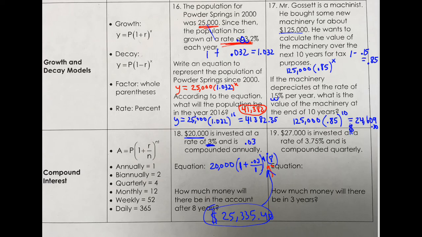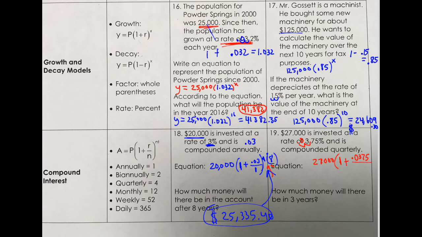And then looking at number 19, geez, do we even need to do that? Yeah, you know what? We've come this far. Might as well. So 27,000 is invested. It's our starting amount. It's telling us that it's invested at a rate of 3.75%. If you slide the decimal over twice, like we know we're supposed to, you end up having a 0 there. So that is 1 plus 0.0375